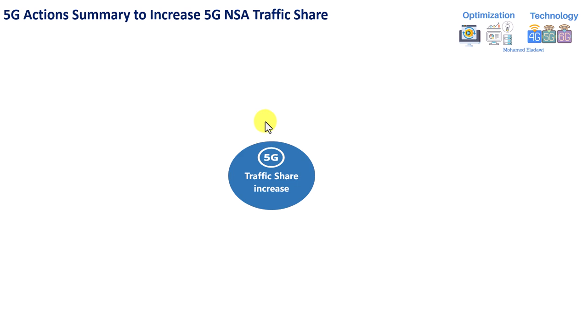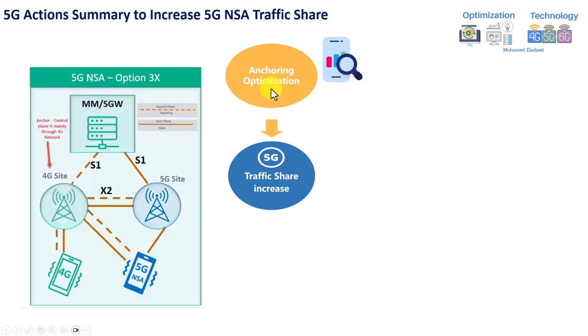So initially, the first point which we usually look into is something called anchoring optimization. As you know, in general, a 5G non-standalone network is still relying on the 4G network as a backbone, right? Because all the signaling and control plane still need to go through the 4G network. So this 4G node is called an anchor. So we need a 4G layer to be defined as an anchor for the 5G to start getting 5G non-standalone traffic. So we'll define what kind of optimization action can be done for that part to optimize the camping or the